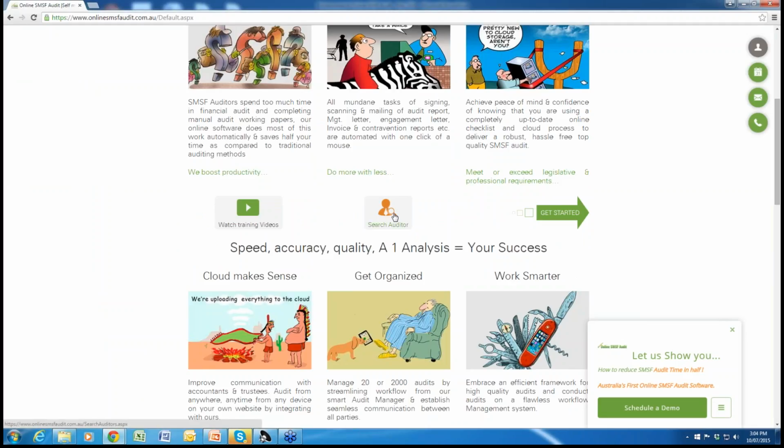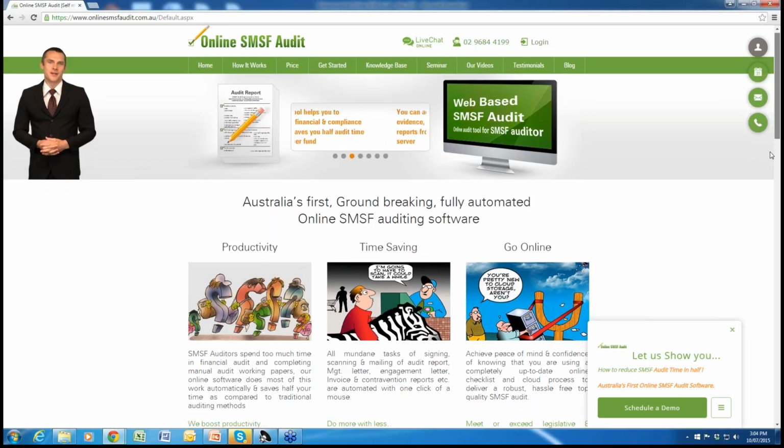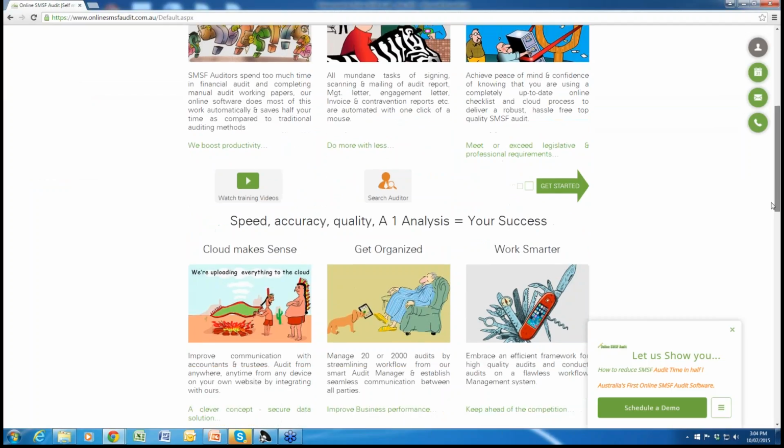Now, because we advertise on Google and now we're getting a bit popular, a lot of accountants are coming to the website, and they are coming to the support team, and they are logging into the chat, and they are looking for auditors who are close to them or wherever they are located, and especially trustees, they are looking to hire auditors. So what we have decided is that for those auditors who want to advertise on our website, they will be able to do that. And if they advertise on the website, their advertisement would be